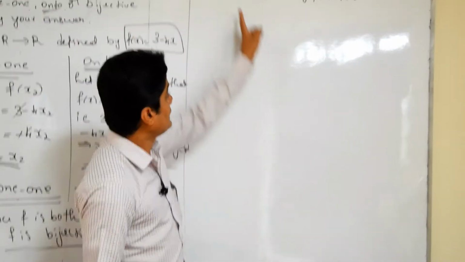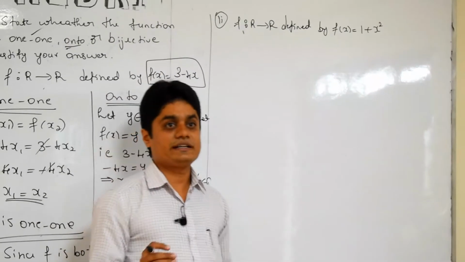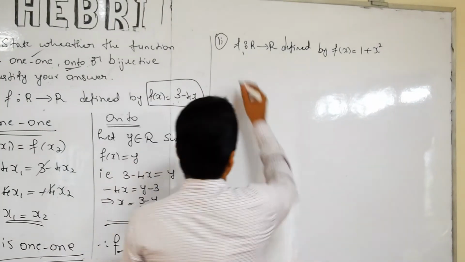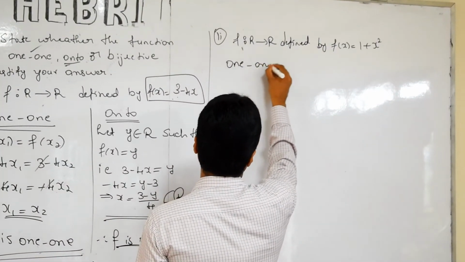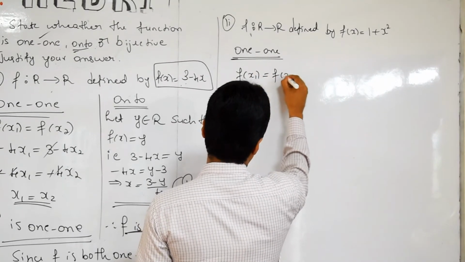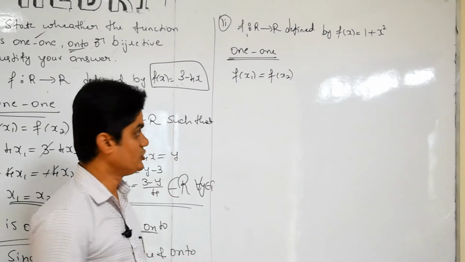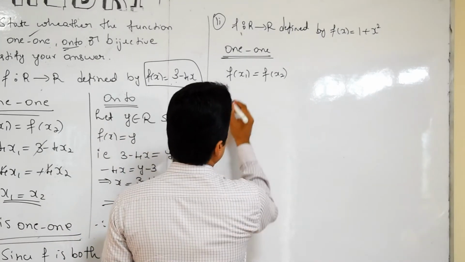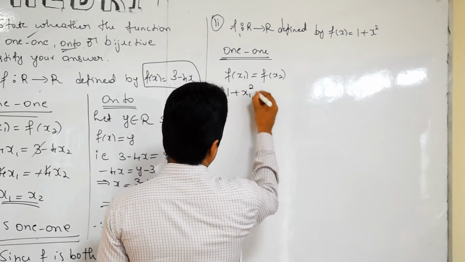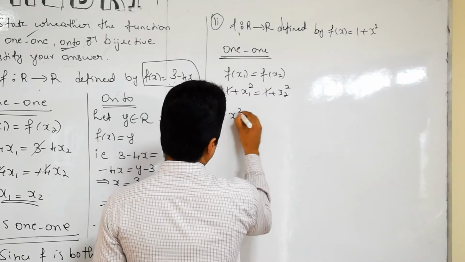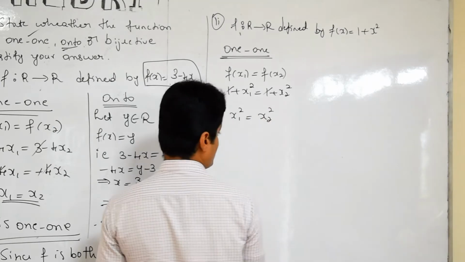The next question, the last question for today's video, same heading: we have to check whether it is 1-1 or not, onto or not, or bijective or not. Okay, the first case, 1-1 or not. As usual, assume that images are equal. If you assume images are equal, to prove it is 1-1, you have to prove elements are equal. What is f of x1? 1 plus x1 square, 1 plus x2 square, 1 1 cancel. x1 square is equal to x2 square.